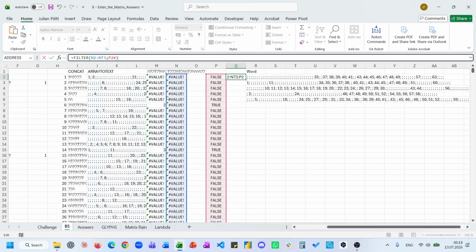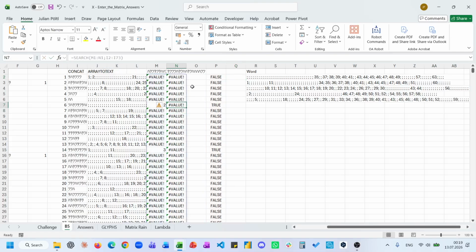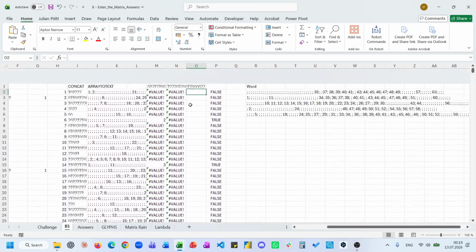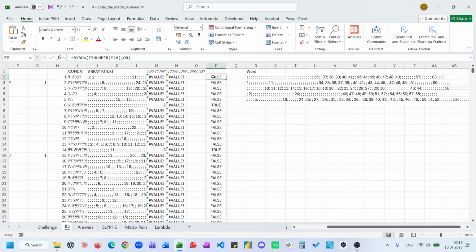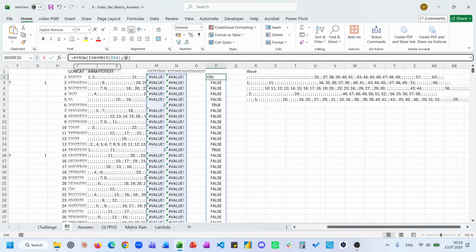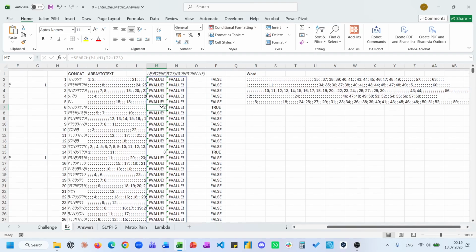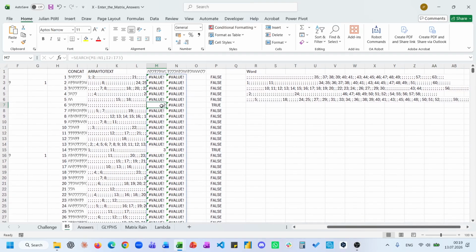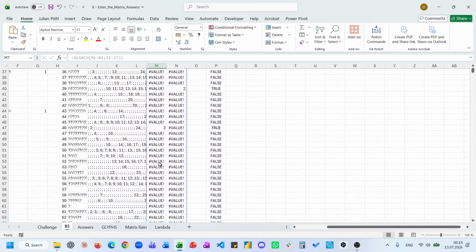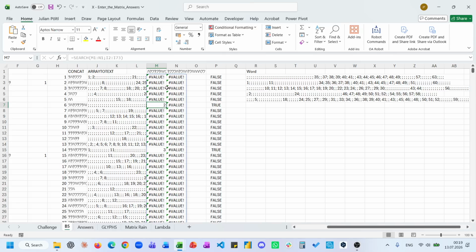And this is a messy... I need the first appearance in all of this mess. I don't want to do this manually, but